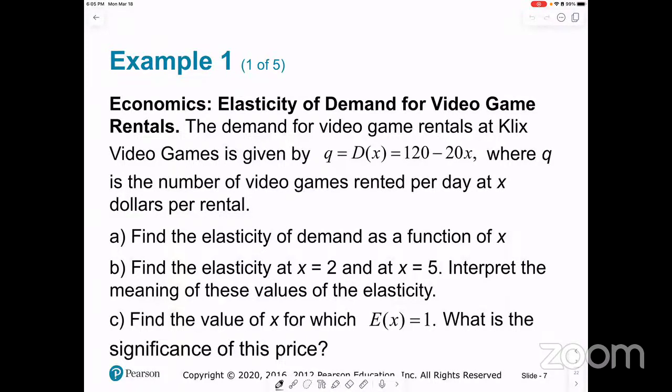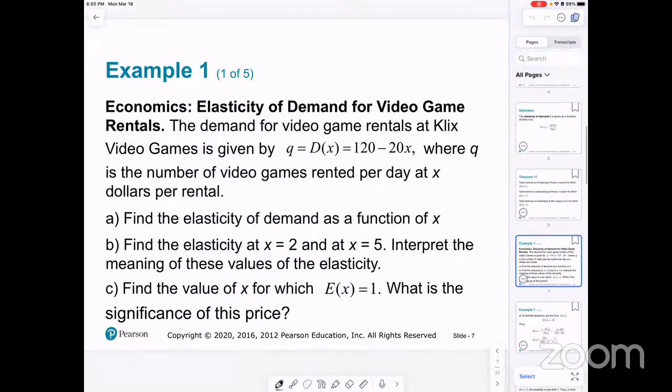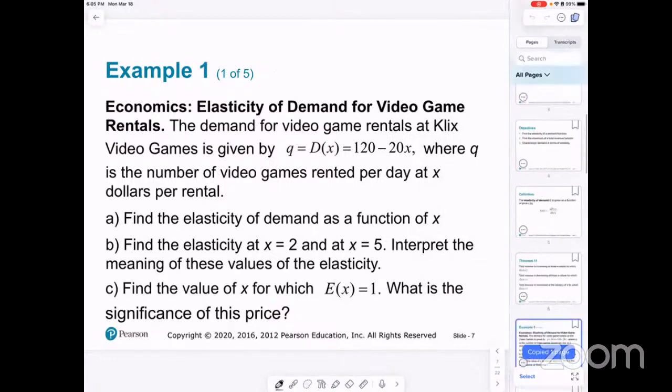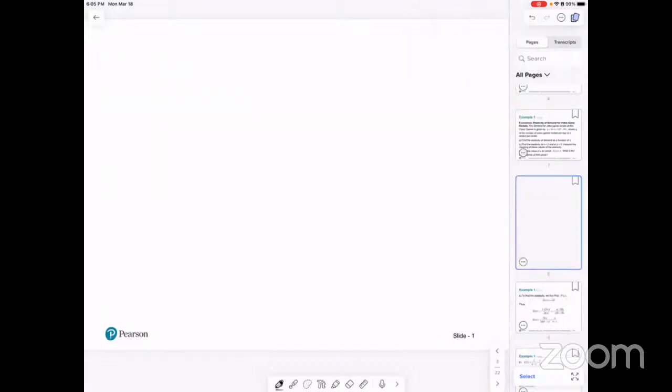Okay, so let's find the elasticity. I need a blank page. So let's check. This is slide 7. Copy and paste. All right, and then we're going to assume that this is charged enough for now. Okay, so